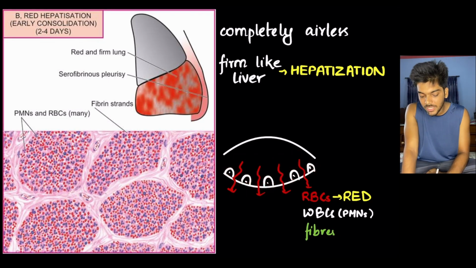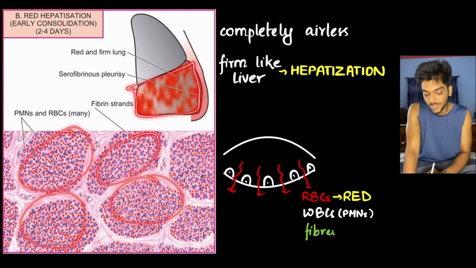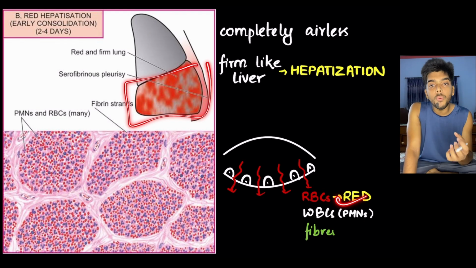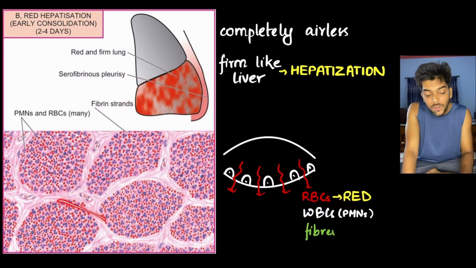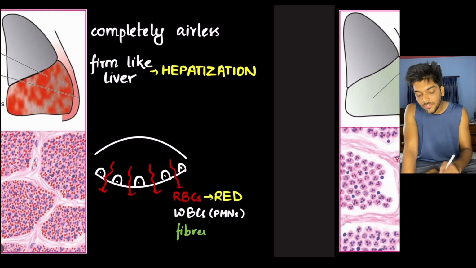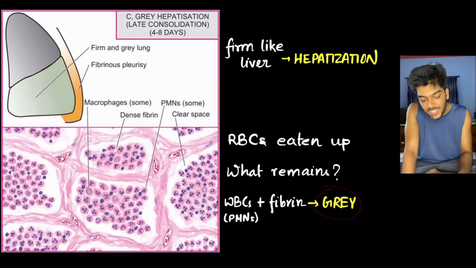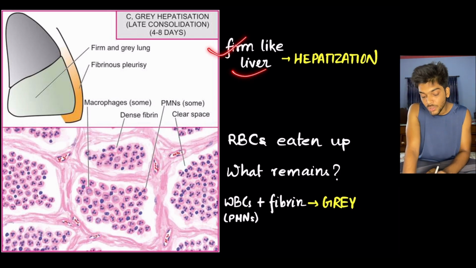These cells are red blood cells, white blood cells, and fibers. Due to red blood cells within the alveolar space, now the lobe of the lung is red in color, and the lobe of the lung is firm in consistency because the air space is now filled with cells, solid stuff. So it is firm like liver, called hepatization. So together, red hepatization. After that, all the RBCs get eaten up. What remains are only WBCs, the polymorphonuclear cells or neutrophils, and fibers that give the gray color. Since the air space is still filled with cells, solid substance, it is still firm like liver,